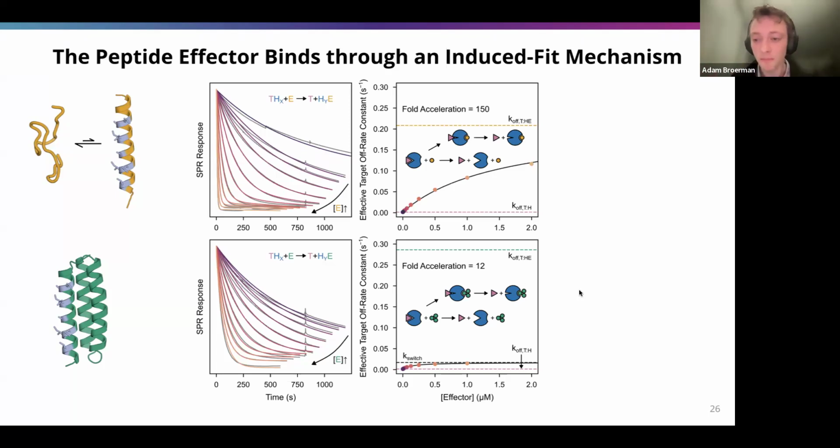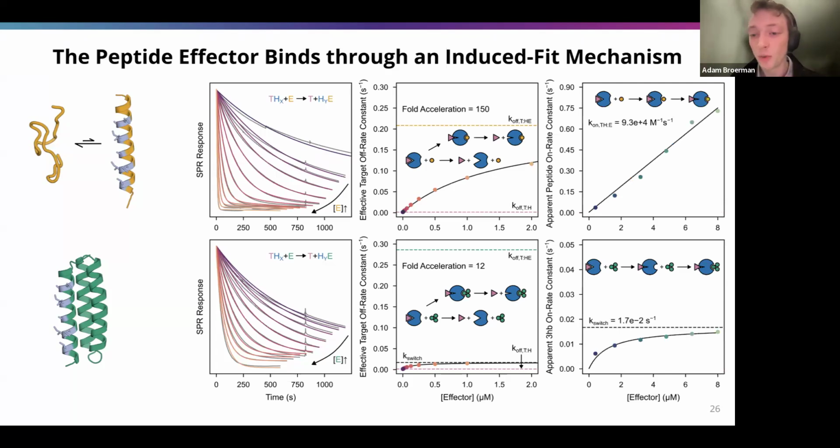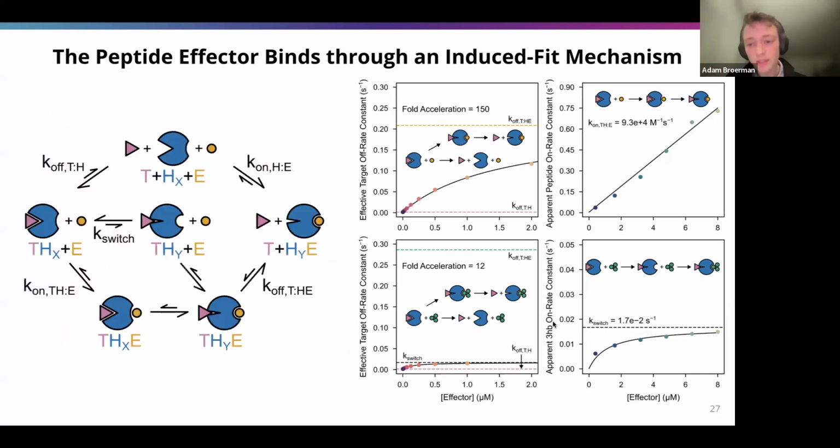So we wanted to figure out what that could be. Another clue came from doing association rate measurements of the effector to form the ternary complex. With the flexible effector, as you'd normally expect, we see a linear dependence of the on rate on the effector concentration. But with the rigid effector, we see a similar hyperbolic dependence as before, and we're again saturating at this low level, which is basically the same level as the overall facilitated dissociation experiment. So the simplest interpretation of those results is that with this rigid effector,